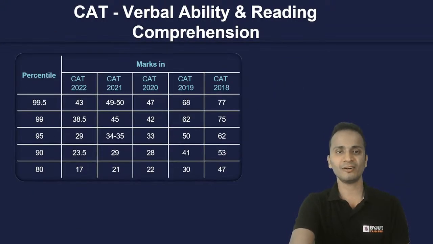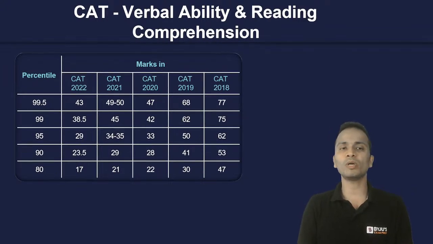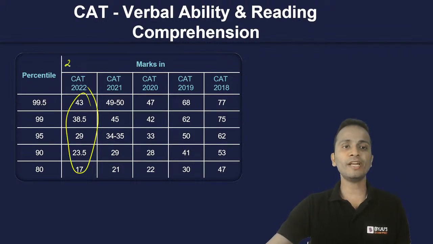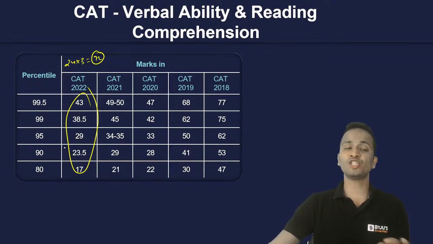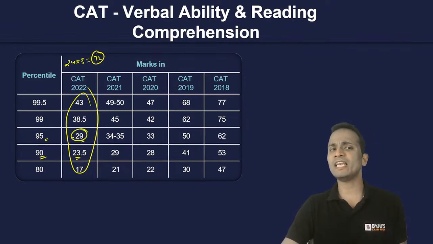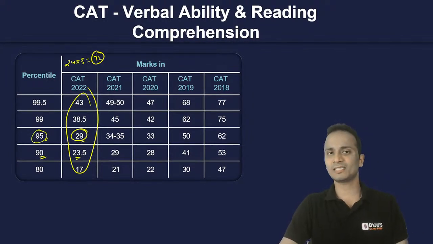Now for the verbal ability RC section, this is the score versus percentile mapping. So you can see yourself, these are the scores. 24 multiplied by 3, that is 72. So out of 72, these are the scores that will fetch you the respective percentiles. So 23.5 will get you 90 percentile. A score of 29 will fetch you 95 percentile. Okay. So 29, that means somewhere around 10 effectively correct questions. 95 percentile. Such an easy task this is.